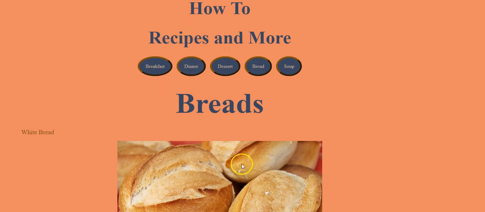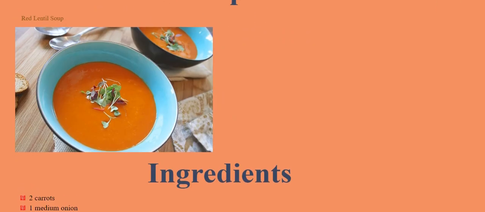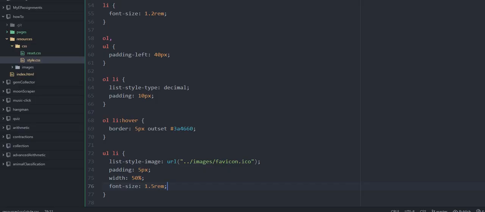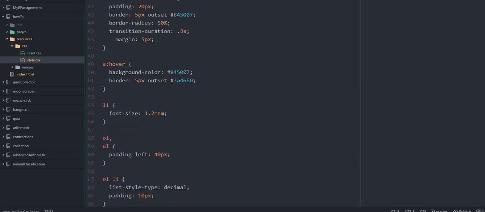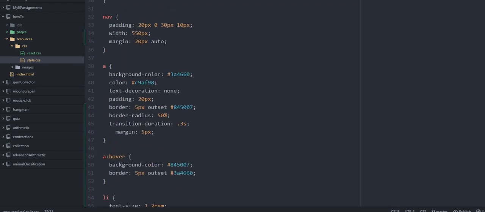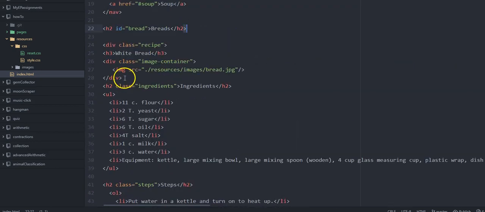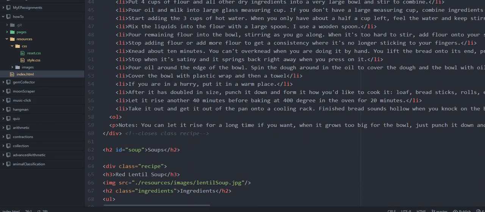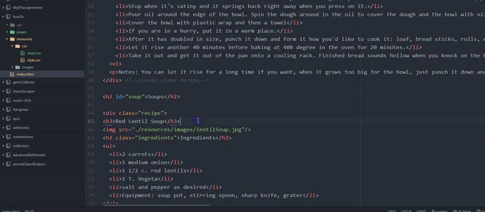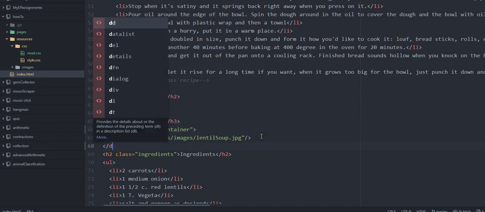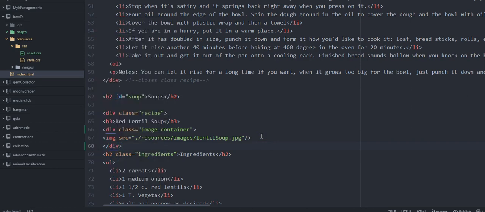This still isn't looking so good. I need to get this picture moved to the middle. So why is the one in the middle, the other not? Because I didn't put it in an image container. I always suggest you put your images in an image container. I don't know why, but they're easier to control that way. Image container, little div,